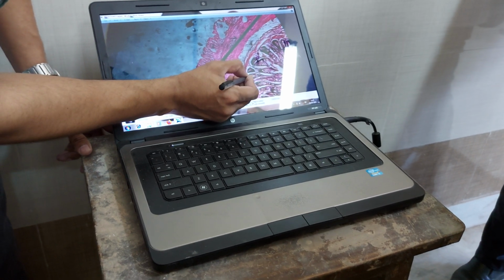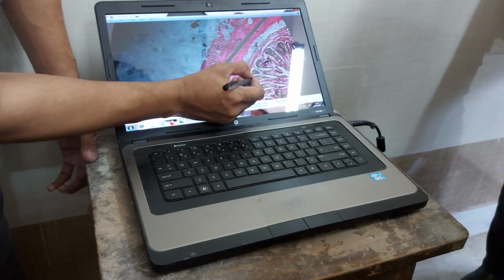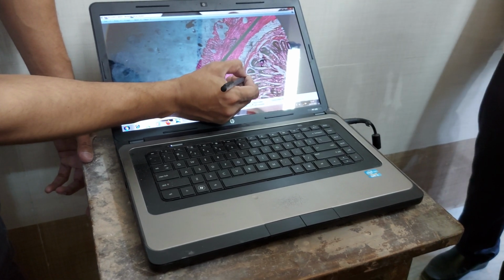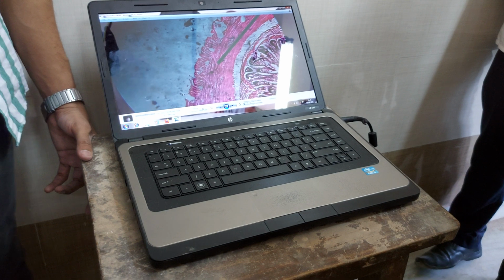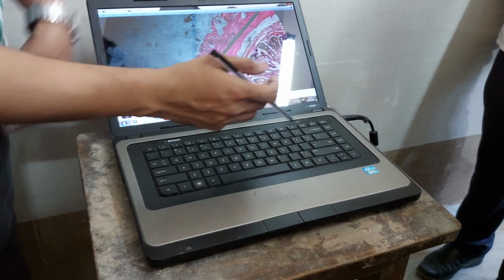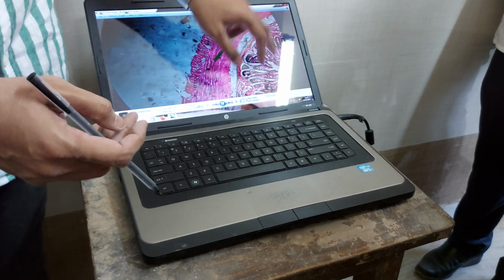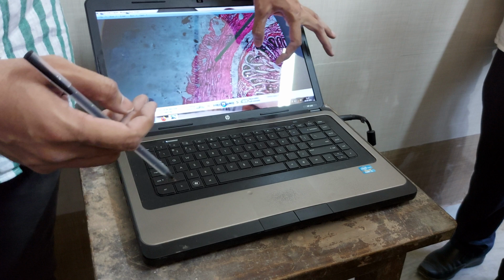This is the lumen of the gland. This is the goblet cells which are arranged like this and are facing each other. So this is the tubular arrangement of the glands. So this is a tubular gland. This is one tubular gland. This is another tubular gland. And these are all the mucous folds. Like this they will arrange. Within the mucosal folds, these tubular glands are arranged parallel to each other.